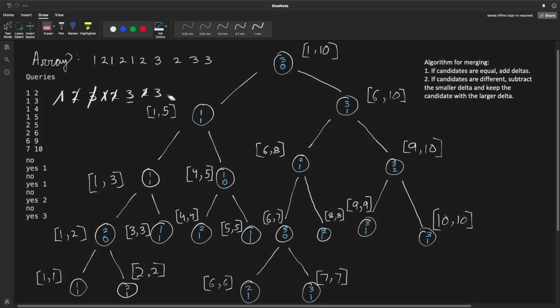And you can clearly see that 3 isn't the majority element. So if there is a majority element, we are guaranteed to get that as a possible candidate. But if there isn't, then we could get any random number. So we have to actually check if the number that we got is a majority element.